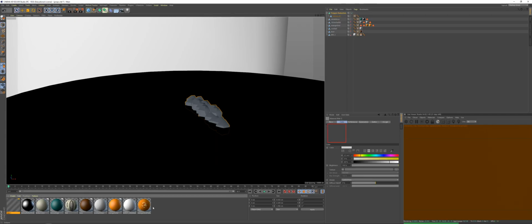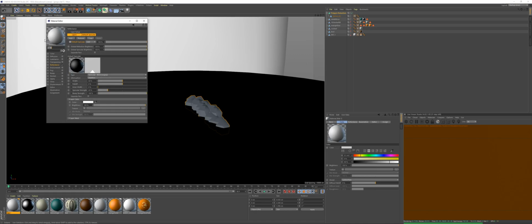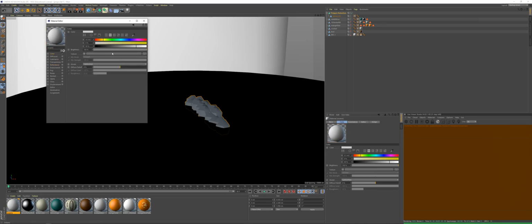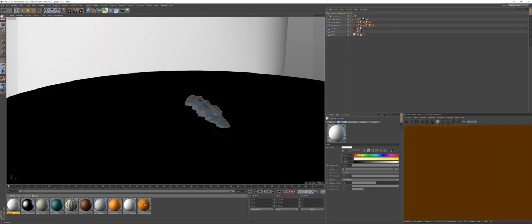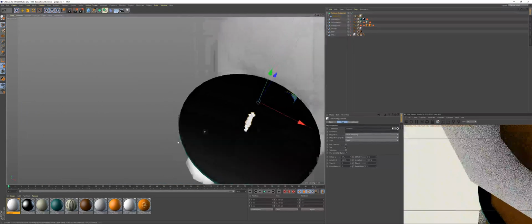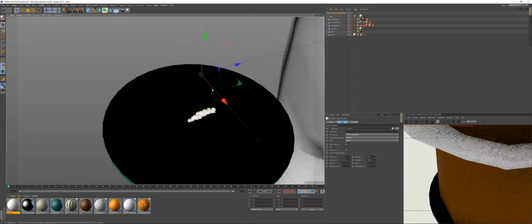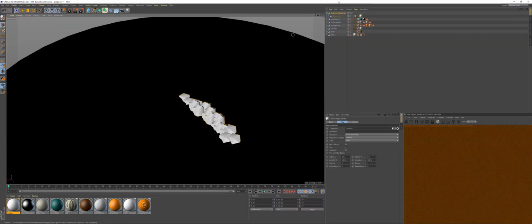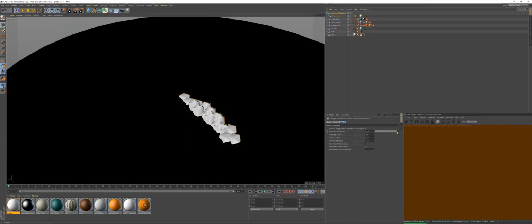Let's see. So I'm gonna make the actual cocaine texture. Cocaine. Color. Making it snowy white. Okay. Looking a little rocky right now. Maybe